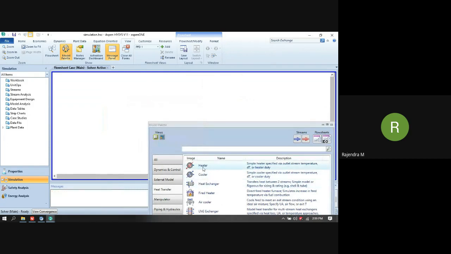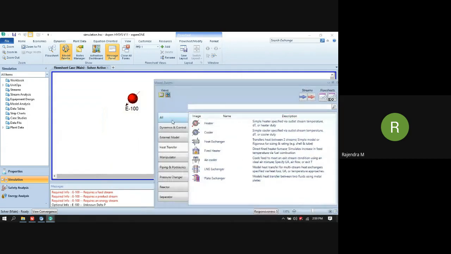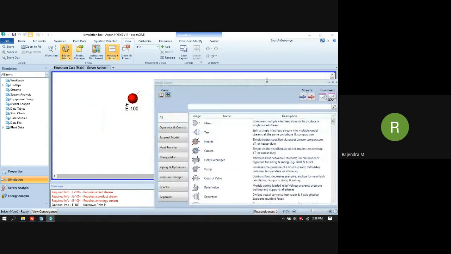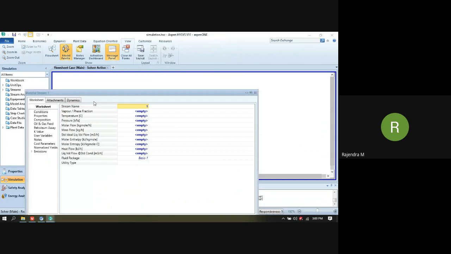So for simplicity, I will just add a heater over here. And we have to add the process streams. Okay.